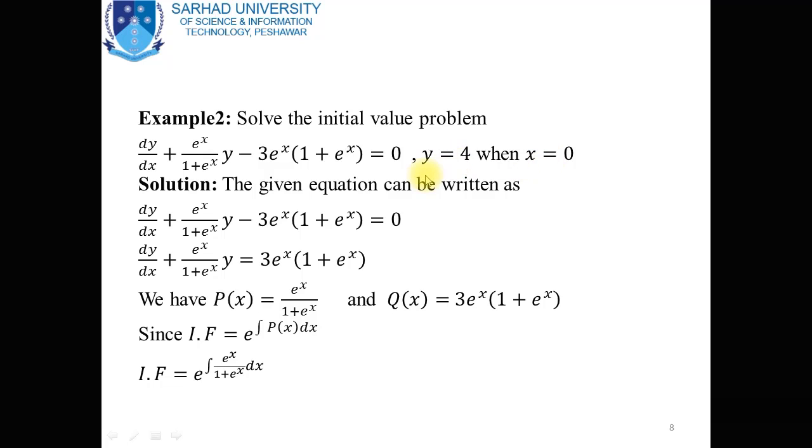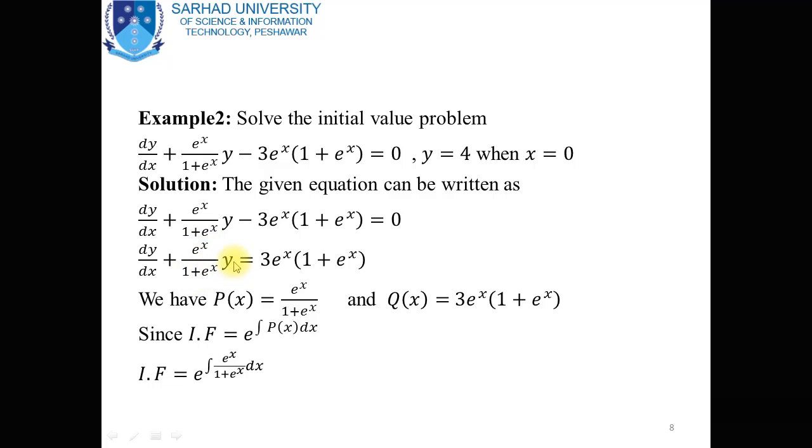So putting x is equal to 0 and y is equal to 4 in the general solution, we obtain the value of the arbitrary constant, which will appear in the solution of this differential equation. Now first of all, to solve this differential equation, convert it into the standard form of a first order linear differential equation. This differential equation can be written as dy by dx plus e power x divided by